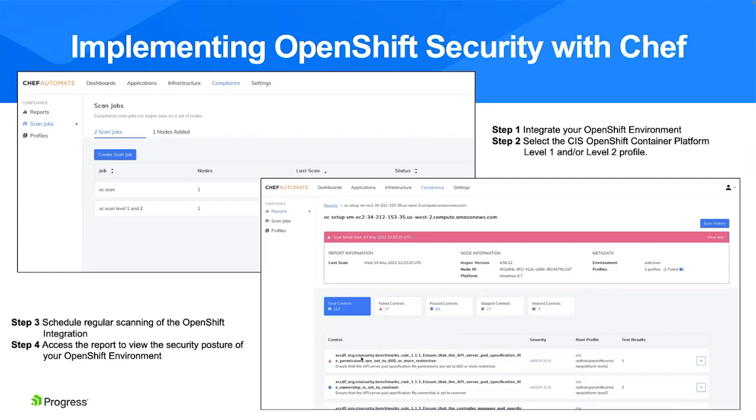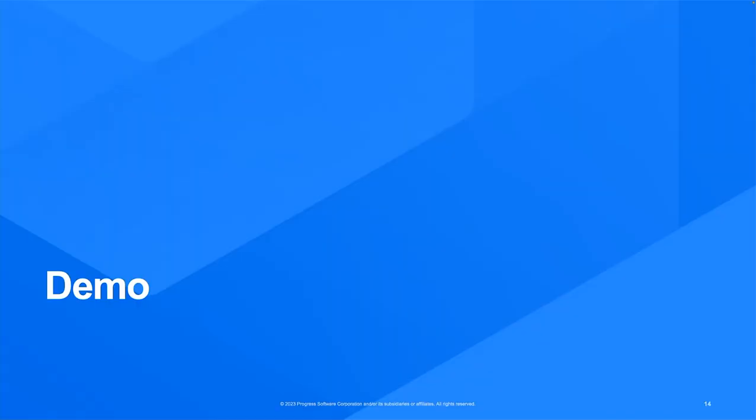Every time a scan is performed, you'll be able to see a report which lists all the controls, and which controls are passing and which are failing. According to this, you can take remediation actions on top of your OpenShift environment. Now we have a demo video for you. Ashwini from the engineering team is going to showcase how you can scan your OpenShift environment against the CIS OpenShift